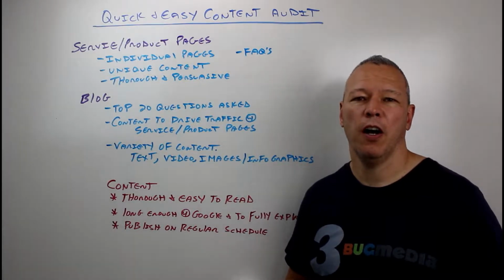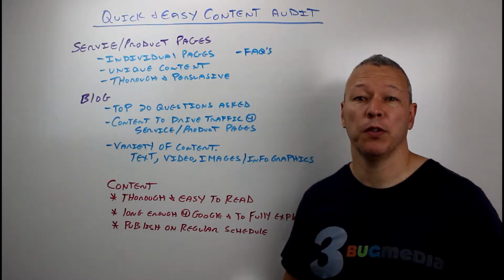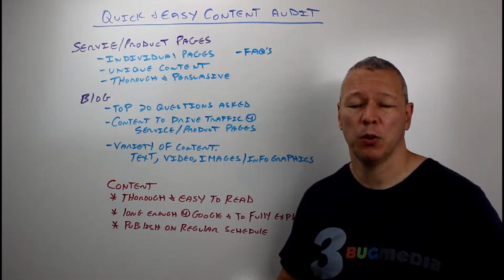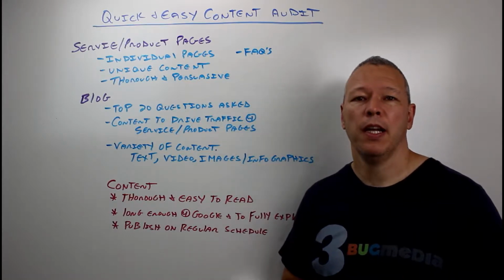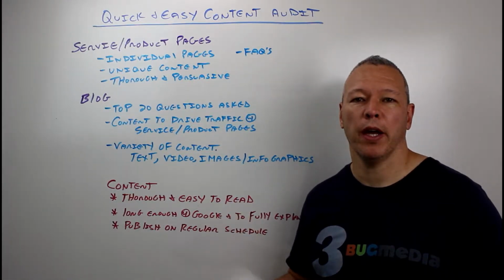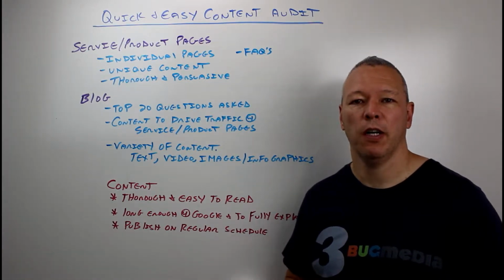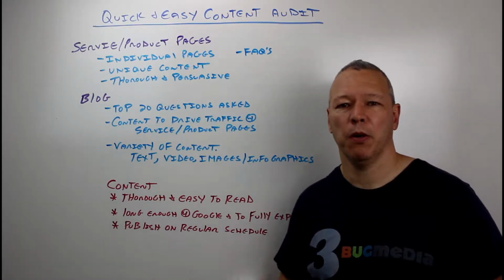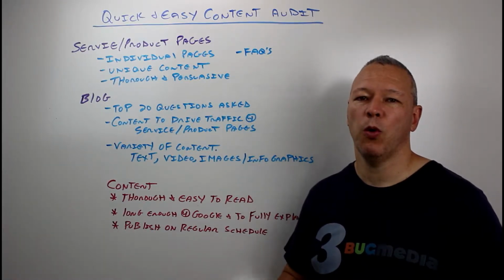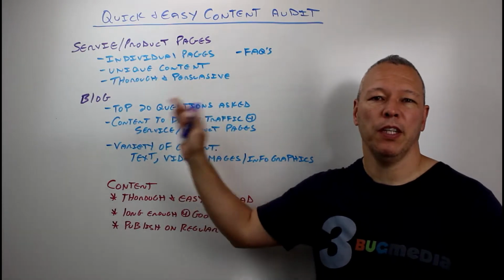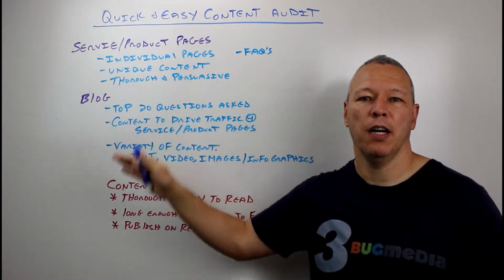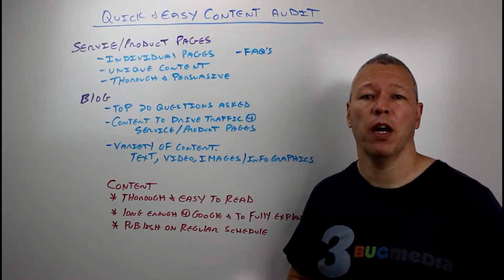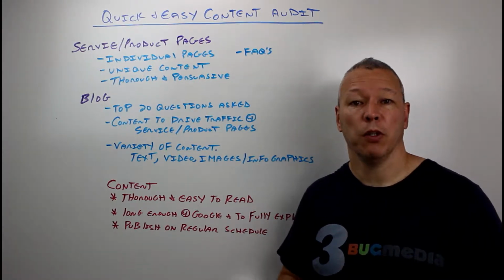Today we're going to talk about a quick and easy way to do a content audit on your website. This is geared towards businesses, because we're going to be talking about service pages, product pages, as well as blog content. It's a very quick back-of-the-napkin type of content audit. We're not going to be using special software, diving into analytics, or doing keyword research. This is just a quick way for you to review to see if there are obvious gaps in your content marketing strategy and opportunities for you to create some valuable content that's going to drive valuable traffic to your